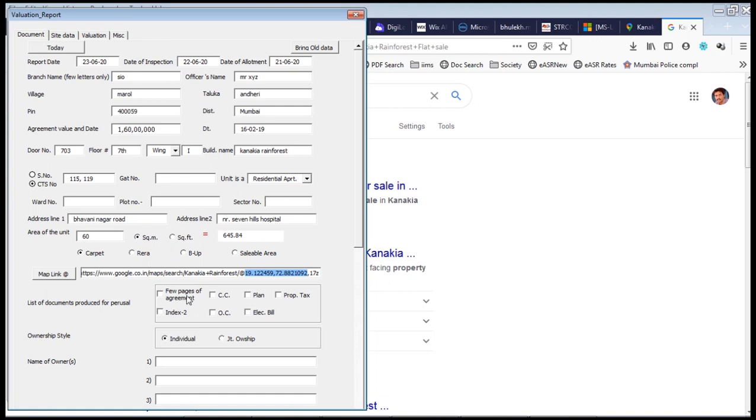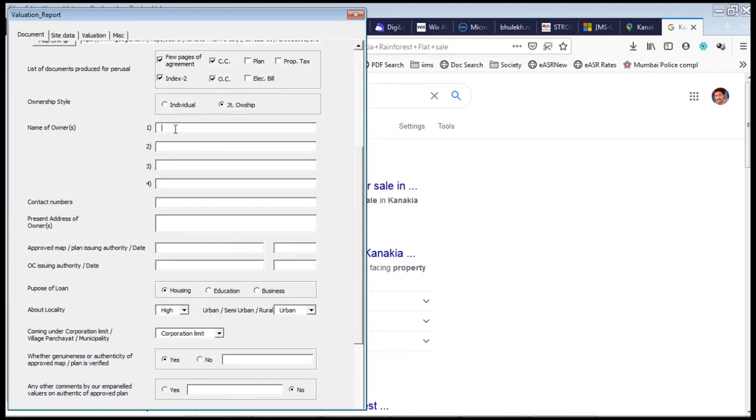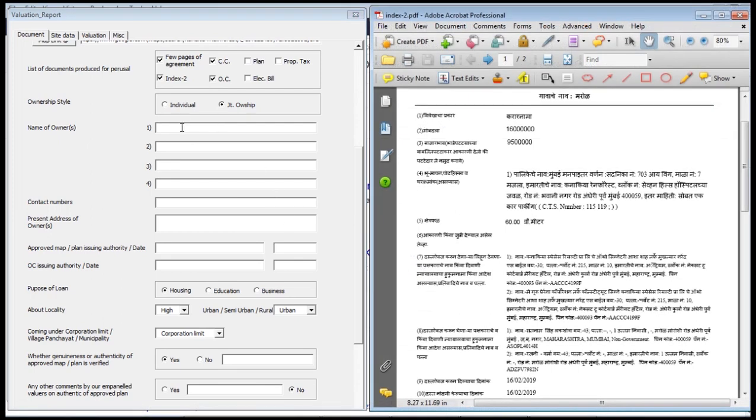Here we will select the list of documents received from the bank. If a single owner is there, click this button, and if there is more than one owner, then press this button. Write the names of owners here. Write contact numbers here.